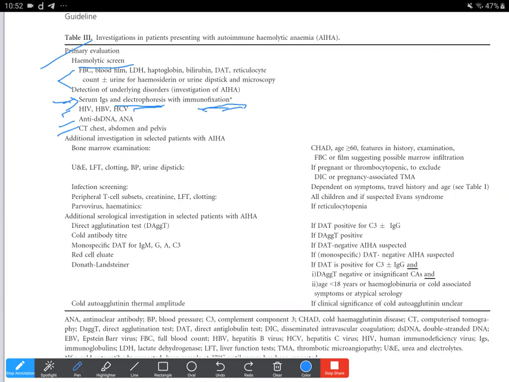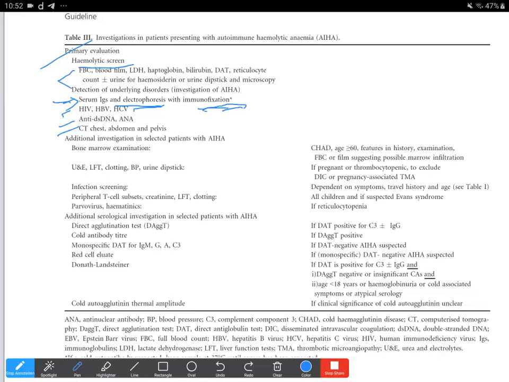That is for the cold antibodies to be detected, for the cold hemagglutinin disease to be the clinically significant antibodies to be detected, the sample must be kept at 37 degrees centigrade until the serum has been separated, or else the antibodies will remain bound to the RBCs. So we have to keep it warm so that the antibodies do not remain bound to the RBCs, and only the paraproteins are then detected by the serum protein electrophoresis. So the serum is separated at 37 degrees centigrade in these cases.